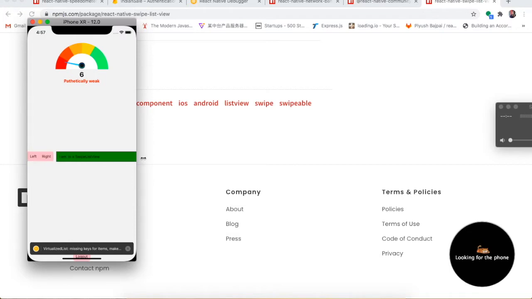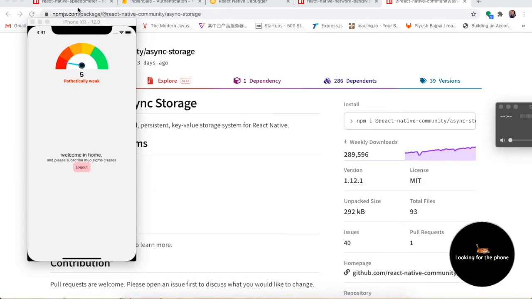In this video, we are going to implement how you can make a list where you can swipe and do some operations using these two buttons. We are just going to implement this list, how we can swipe left and right and how we can manage the props in this package. So let's jump into the code. In this lecture we are going to discuss how we can swipe and delete the list.